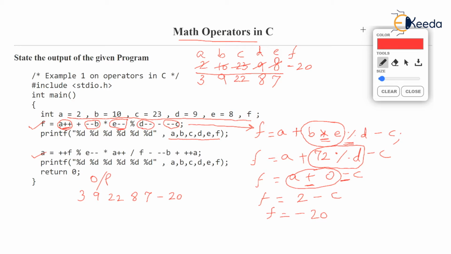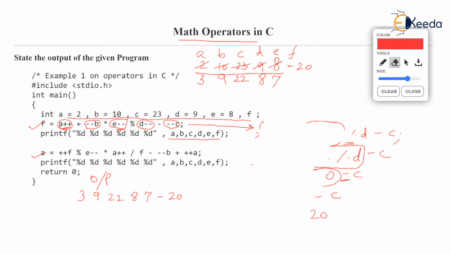Before that, I'll just clean this slate. I'll erase a few things. Meanwhile, you just have a look at that expression. By the way, when you solve the second expression, it is but natural that you will use the new values, isn't it? Whichever are the new values will be used. Updated values have to be used while solving the new expression.